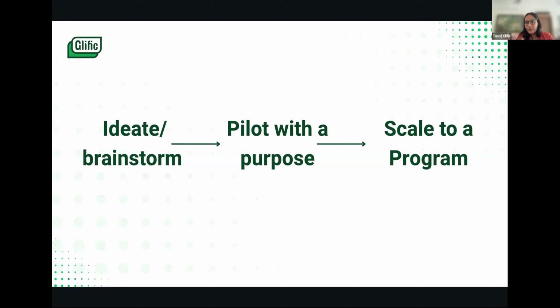Because you don't really know whether it actually was even a problem in the first case, because that's something also some people really come about and figure out at the time of running the pilot. So the process would look like that: you look at an idea, you go about validating that this idea is going to indeed solve the problem, and then look at effective methods to scale it into a program, right?